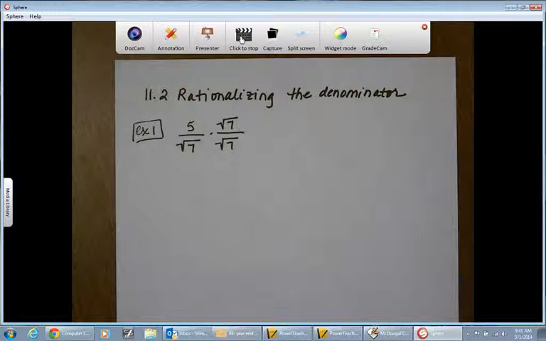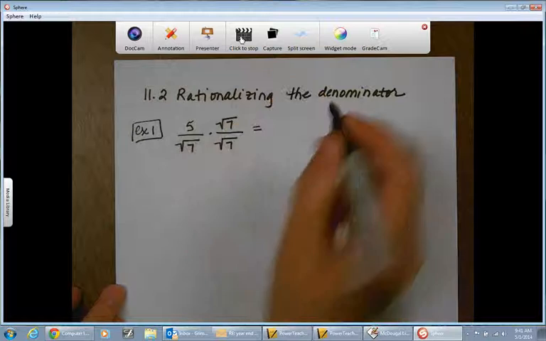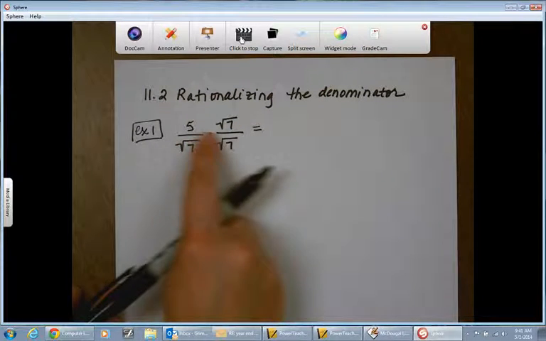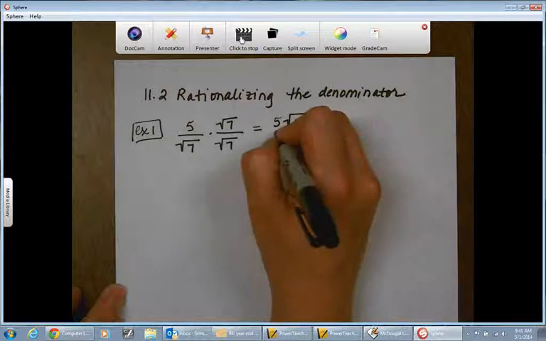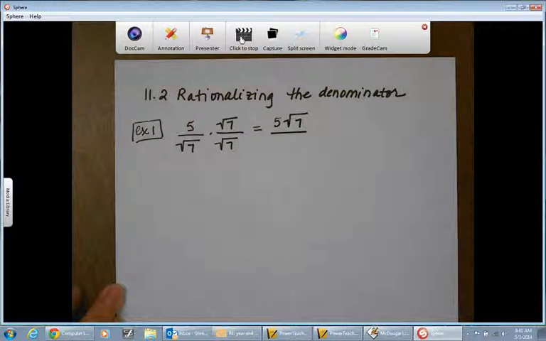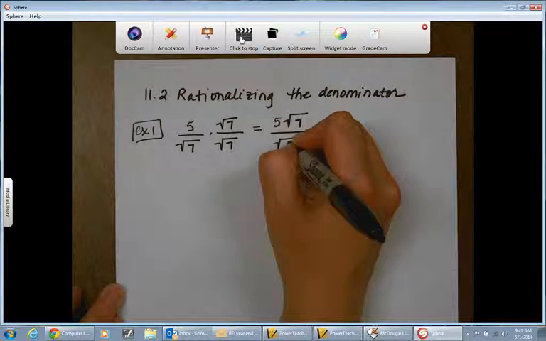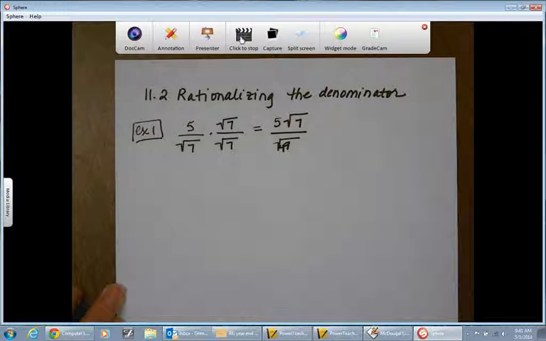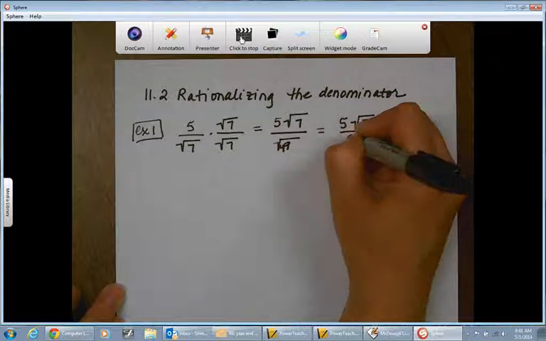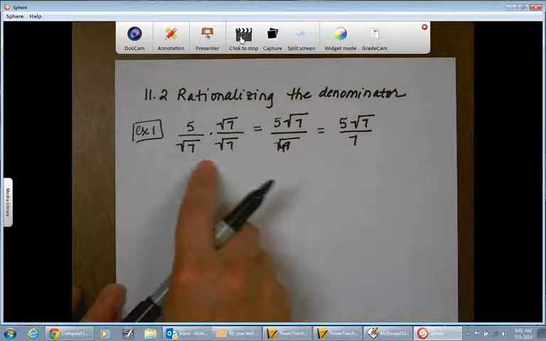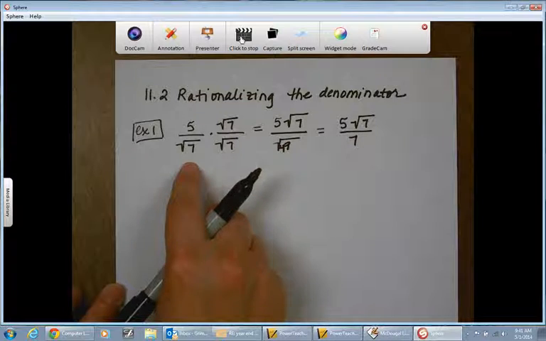Now I'm going to multiply across the top, multiply across the bottom. Across the top, I'm going to get 5 square roots of 7. And in the denominator, 7 times 7 is 49. So this is the square root of 49. Whoops, forgot my 4. 49. And then I can take the square root of 49, which is 7, because we learned this in my last video, that if you take 7 and 7,